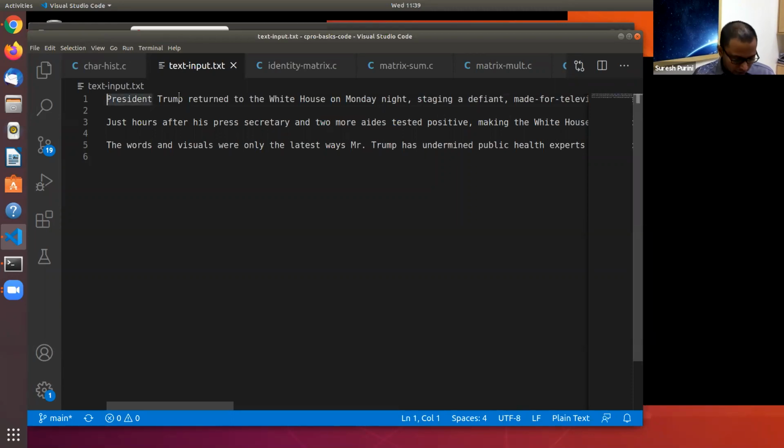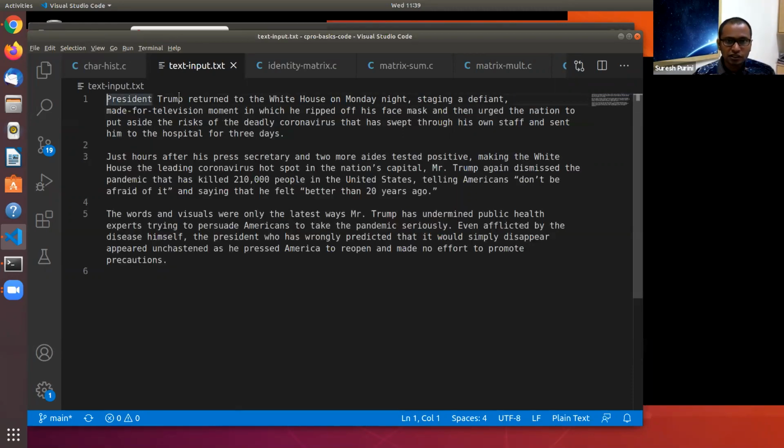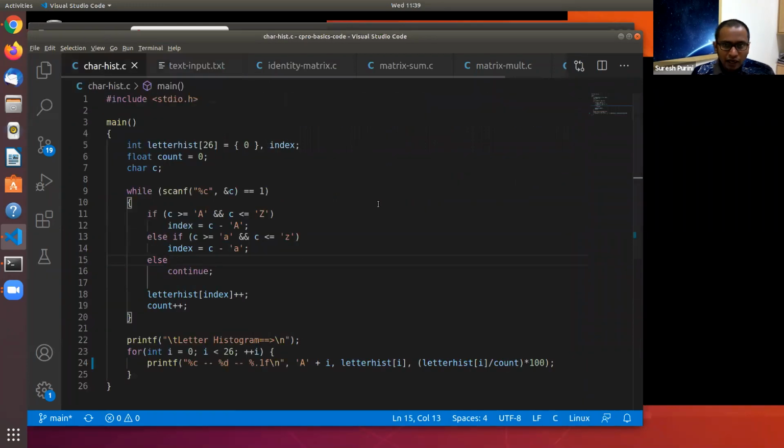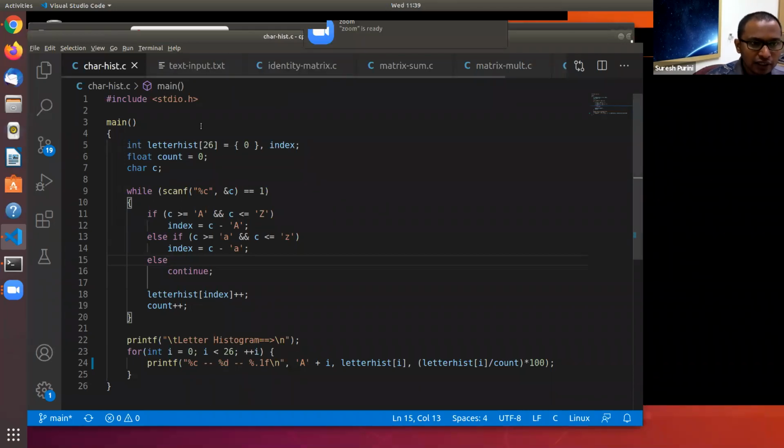Okay, so this is how the text looks like. Now I'll recap what this code consists of.